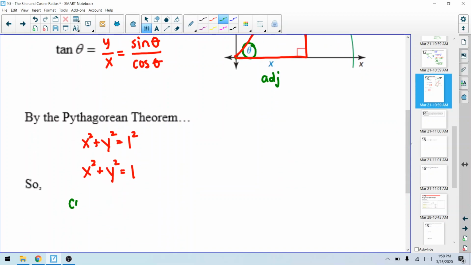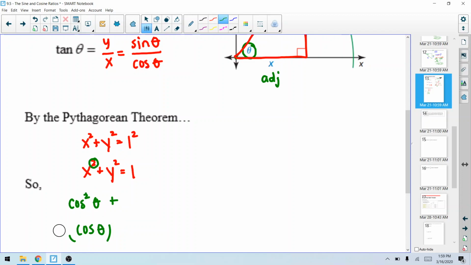So, cosine squared theta. Now I know that looks funny, but when you're squaring a trig ratio, instead of writing cosine theta squared, we don't do that because I don't want theta squared. I really want this whole thing squared. So option 1 is you can put it in parentheses like that and put the squared outside. But most people don't like option 1, so they go with option 2. You take this little squared and you stick it right between the cosine and the theta. So x squared is the cosine of theta squared, which is written as cosine squared theta,